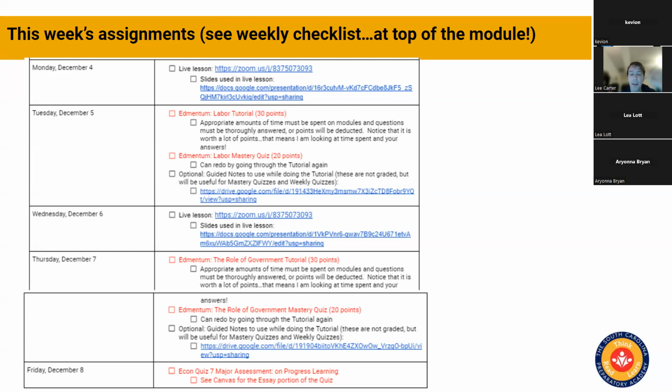Remember that the assigned amount of time that your parent is filling out that you've spent per week on your education, they're filling out a form, which is the one that our school uses to report what you've done, says that you're spending 30 to 35 hours a week on your school. So, given that you have 4 classes and 2 to 3 of them are more academic and 1 to 2 that are related arts, that means you should be spending 8 to 10 hours a week on this course.